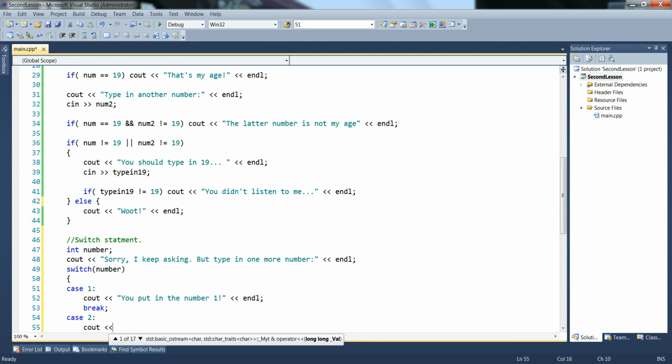And we see out. Basically, it's going to read what number has, and if any of these cases match, so if the case is 1 that is typed in, then it's going to show that output. And if the case is 2 that is shown, then it's going to show that output. And basically, the break